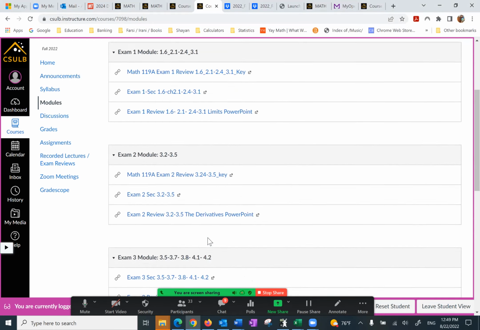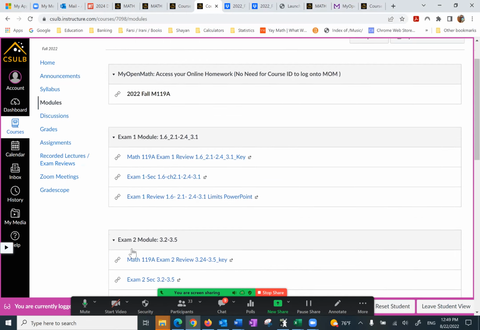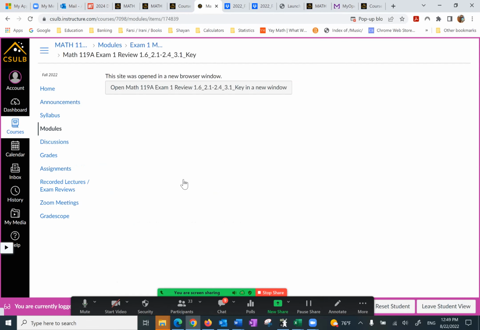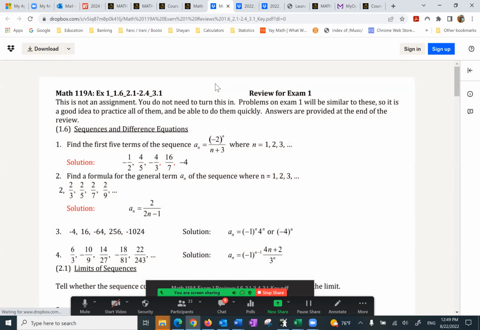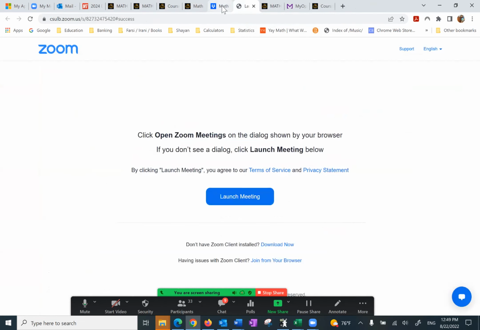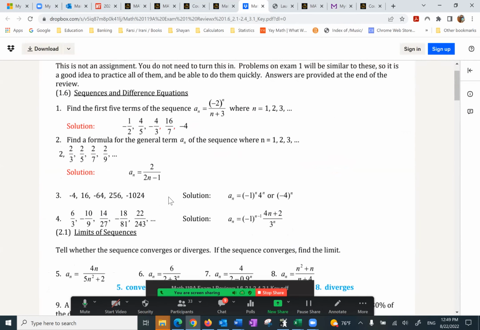For now, I just want to concentrate on module 1 because the rest of them basically repeat the same thing. Starting with what we call a practice test or exam review. So we close this one, close this one. So you have some questions and they're separated by the section. For example, 1.6 you can see here, then it's 2.1.